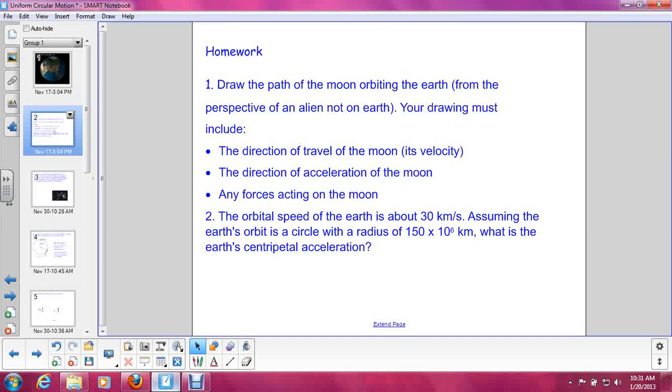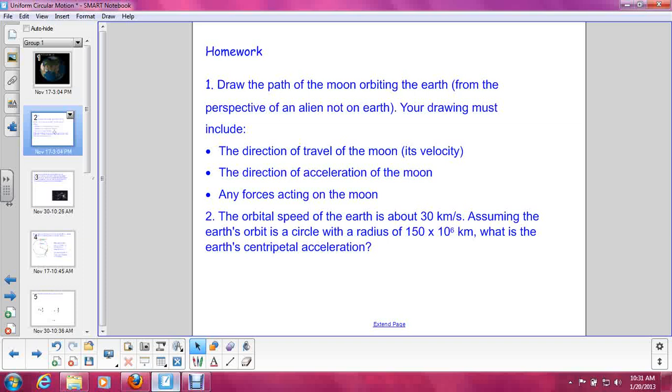So I want a nice diagram with lots of arrows. Different colored arrows for different things would be awesome. Not required, as long as you label clearly. Number 2, the orbital speed of the Earth is about 30 kilometers per second. Assuming the Earth's orbit is a circle with a radius of 150 times 10 to the 6 kilometers,